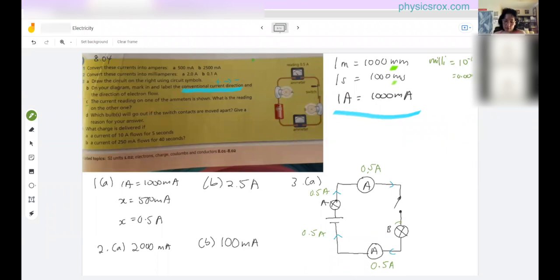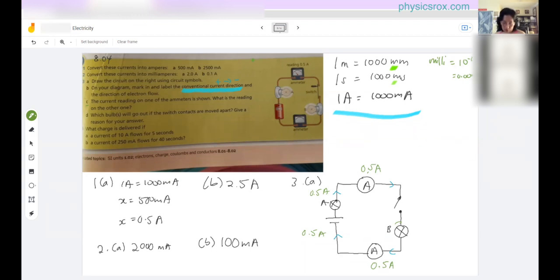This one I know a lot of students always get confused because they don't believe me. The reason is not because I didn't tell them. I tell them many times, but they don't believe me that the current is the same. I think because they're still thinking about other things. So just remember that current is the charge flow. How much charge is flowing every second. So how much flows out, all the same, 0.5